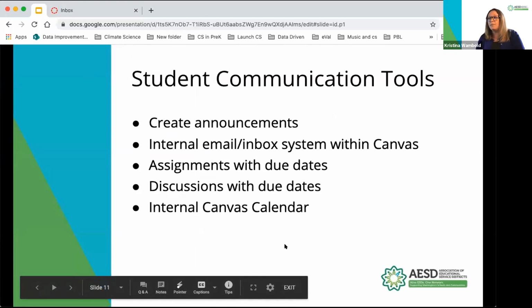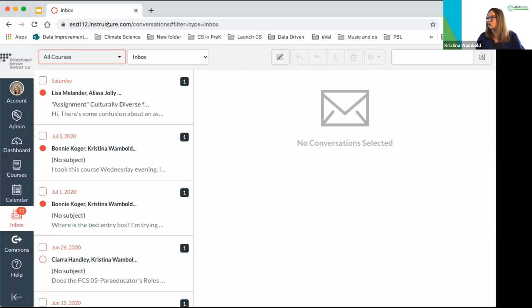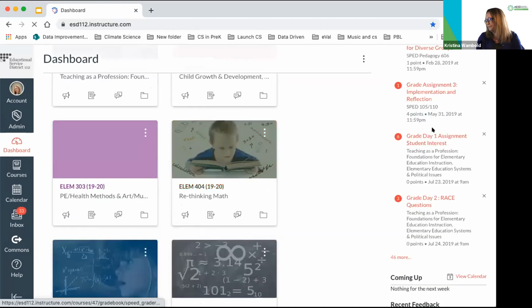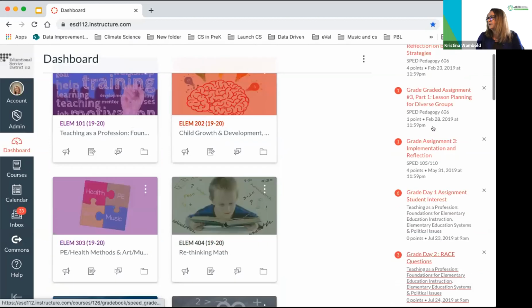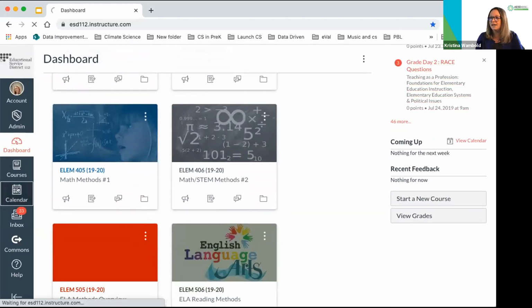I can assign due dates, and if I assign due dates for assignments or discussions, they go onto the internal Canvas calendar. I showed you that inbox, or my to-do list, on the dashboard page here that shows all the things. And then if I looked at my calendar,